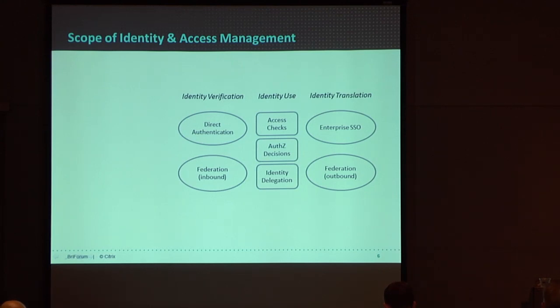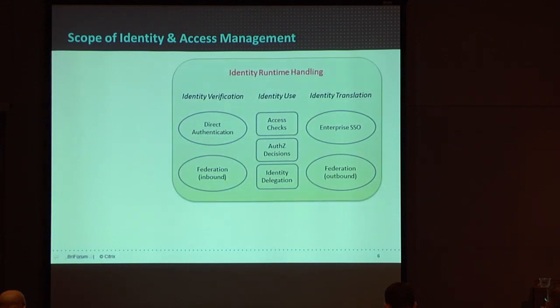This is now the outbound case. If you've been authenticated directly at this system, then carrying your identity to some other system which is prepared to trust your authentication. That's that outbound federation step, which takes you to another system, which is, if you like, starting at the middle of this diagram again. So all that's just the runtime handling of identity that you'd expect.